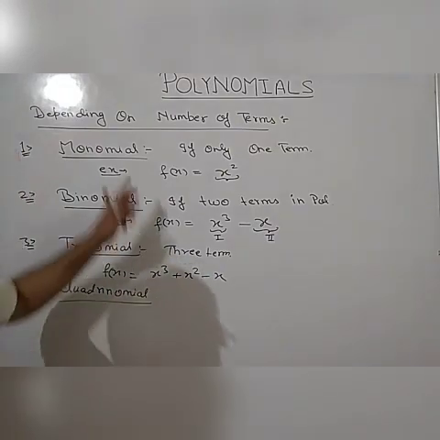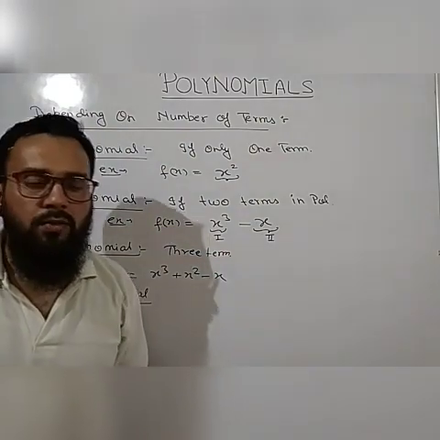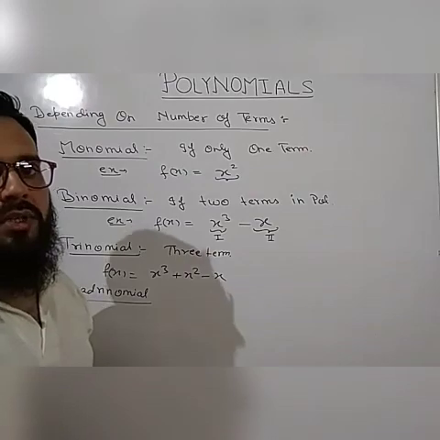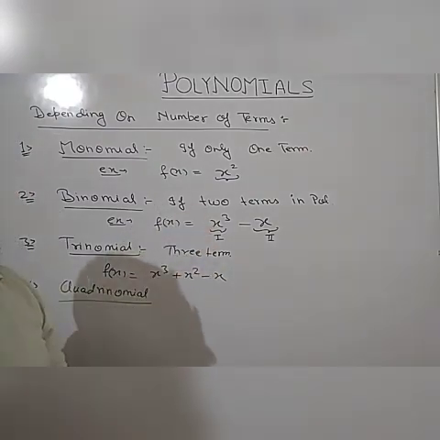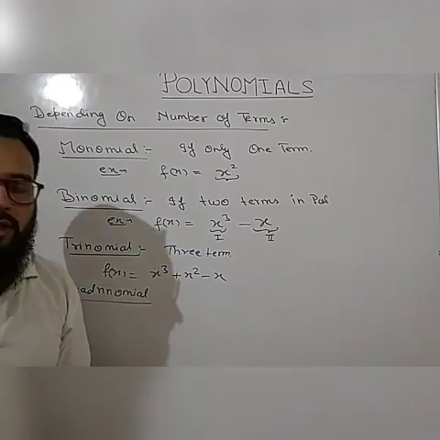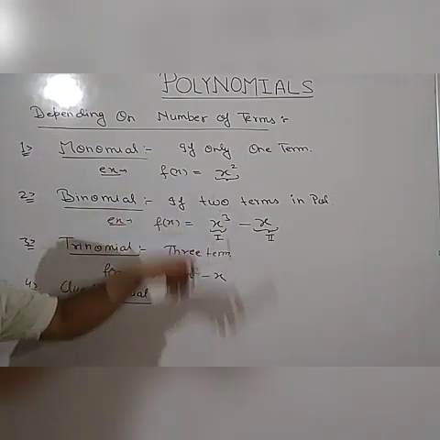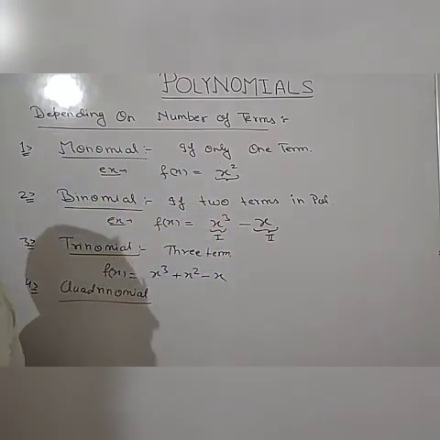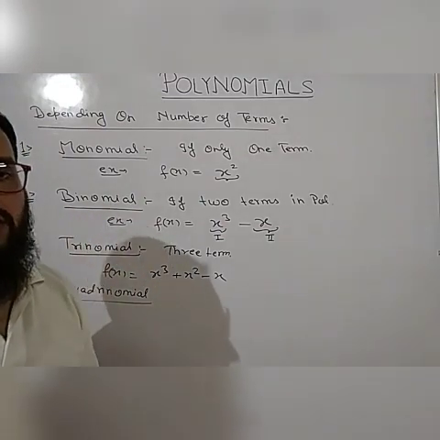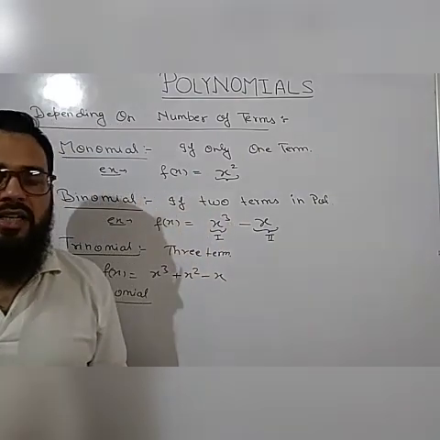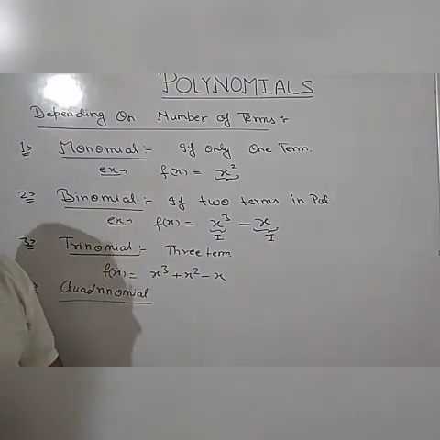Okay. So these are some basics of polynomial. What is constant, what is variable, what is algebraic expression, then what is polynomial, what is the general form of polynomial. Then we defined the degree of the polynomial, and depending on the degree we have studied about the types of polynomial, and depending on the number of terms we have also studied about the types of polynomial. So these were the basics of the polynomials only. So you have to revise it and remember these basics. Now from the next class we will discuss the polynomials in detail.